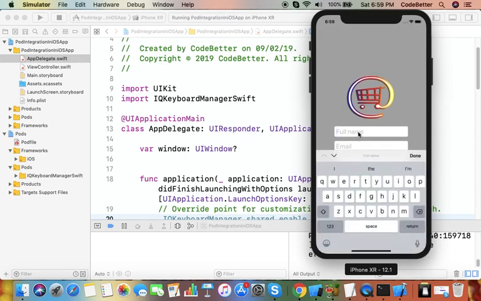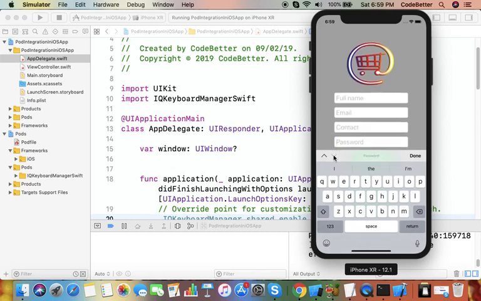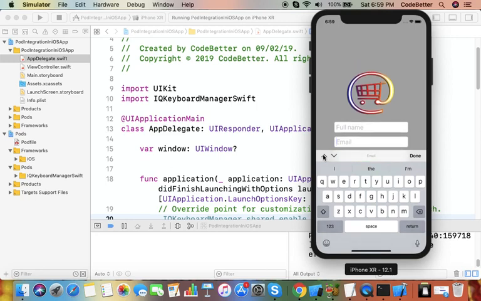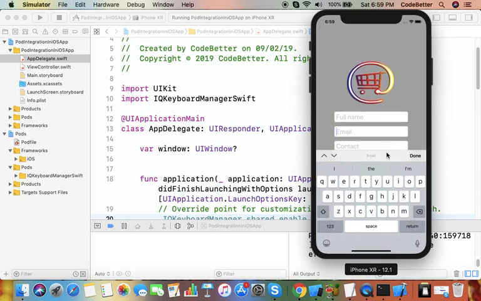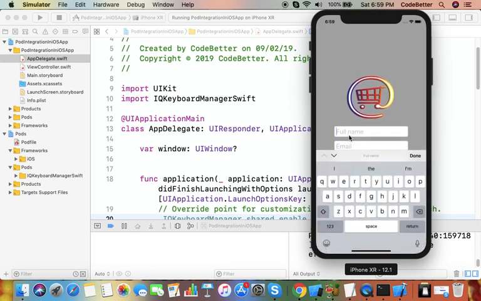Now as I click on the full name field, you see there is a done button and there are arrows. These arrows help you to move to the next or previous text field. Also the done button helps you to close the keyboard. So it's very easy to navigate in the fields.